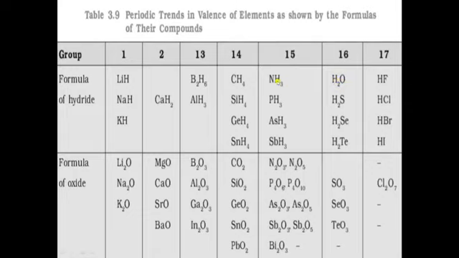Here out of nitrogen and hydrogen, hydrogen is electropositive, nitrogen is more electronegative. So that is why here hydrogen will show +1 oxidation state and nitrogen will show -3 oxidation state. But if you see group 1 elements, when they form hydrides, group 1 elements are more electropositive than hydrogen. So in these two, lithium will show +1 oxidation state and hydrogen will show -1 oxidation state.